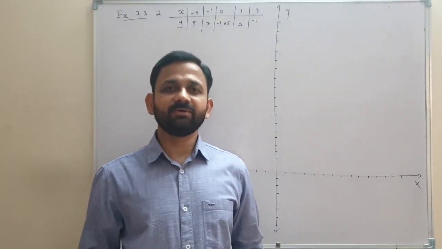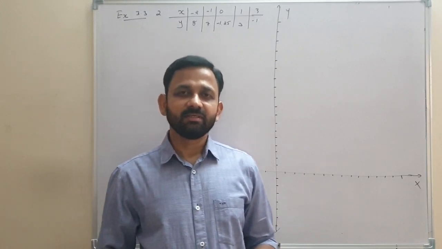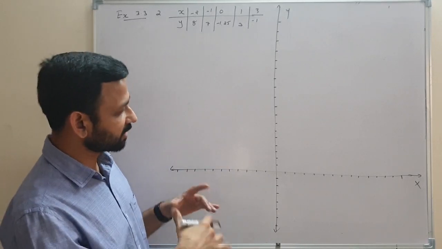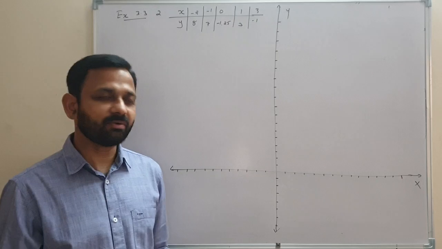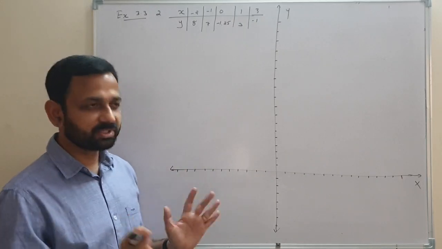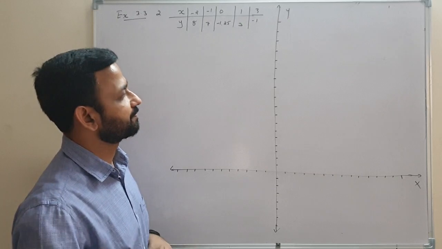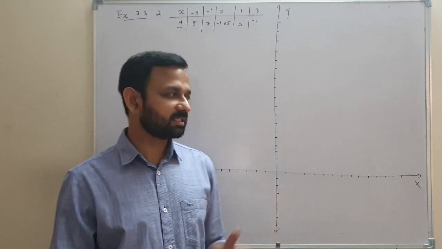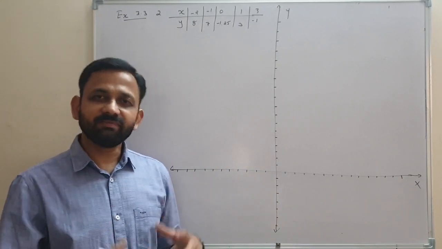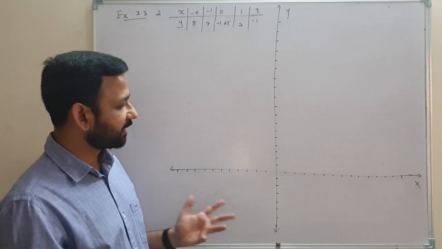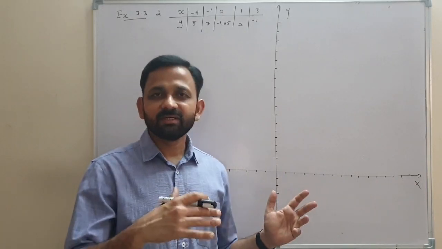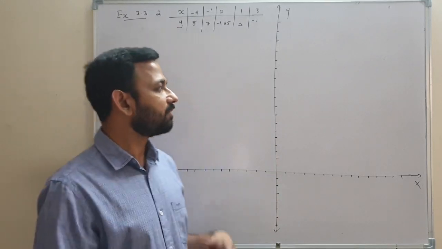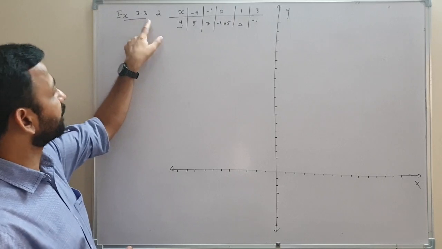In the previous video, we learned how to locate points on the Cartesian plane: x coordinate, y coordinate, x-axis, y-axis, origin, quadrants, everything. The first exercise is not important, no need to do that exercise. The second exercise is very simple, you can do it by yourself and easily locate those points on a Cartesian plane. Now I am going to explain exercise 3.3.